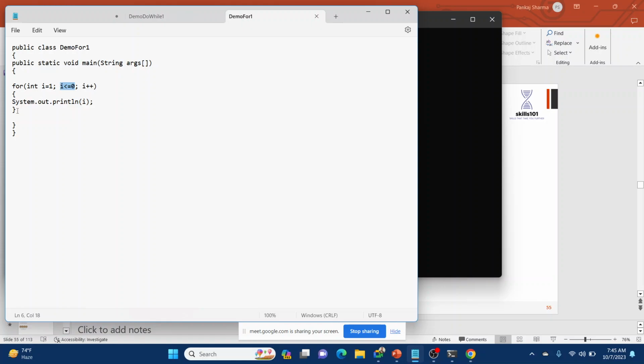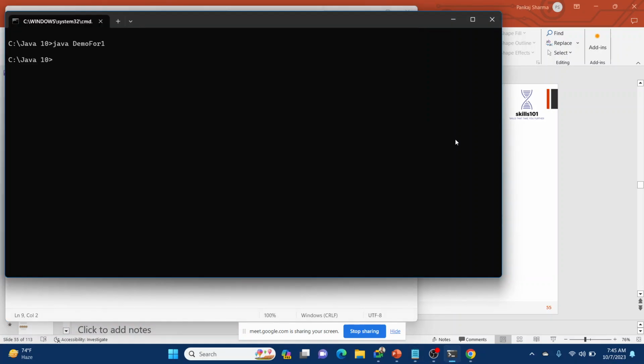So it will never go inside the body. That is why it will execute zero times. So there is no output. Now whenever we try the